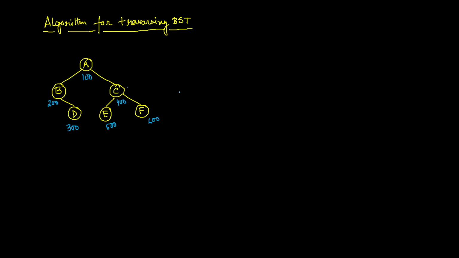These are addresses. Now if we want a pre-order traversal, then what will be the order of the nodes? Obviously I will start from A, then I will go to B, and then node, left, right: this node first, and left is nothing, then right, that means D, and then I will come to C, and then E, and then F. It's very easy.